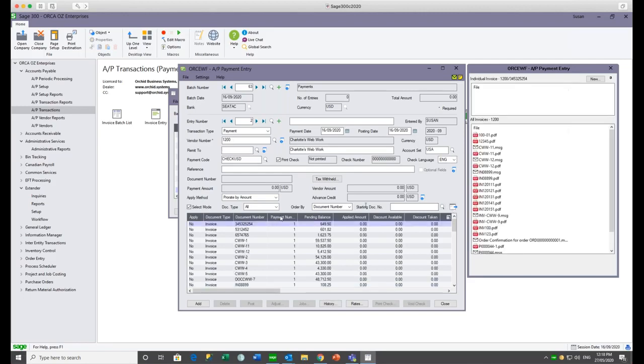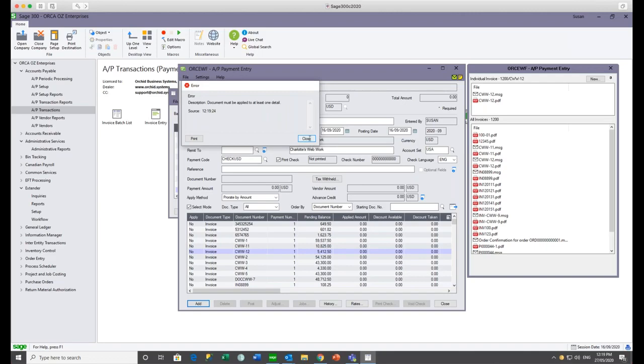And she still has, here's my invoice CWW12 that I posted just previously. She still has access to the documents, so she can double click and double check, or perhaps if it was a second person in the department who did the payment batch, they would still have access to the documents if they need to double check it at the time of payment entry. So if I go ahead and add that entry,